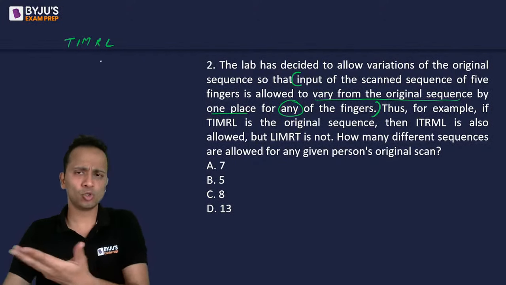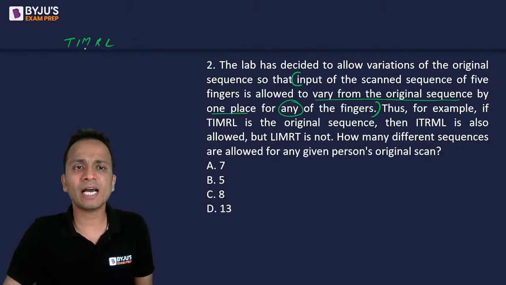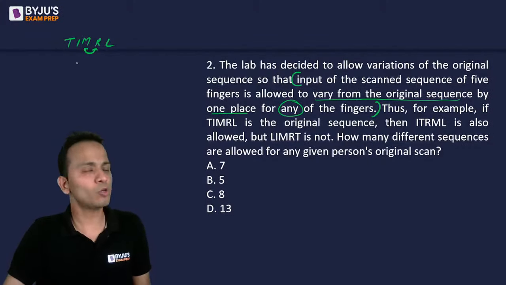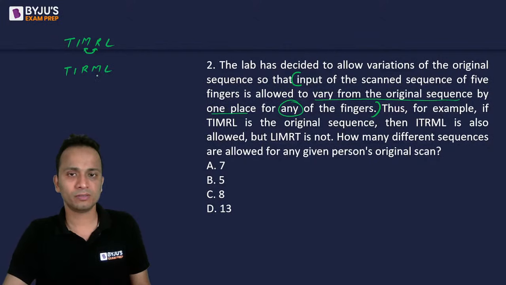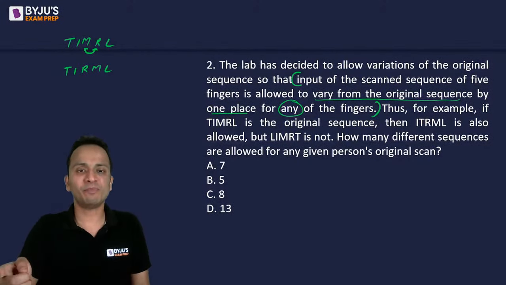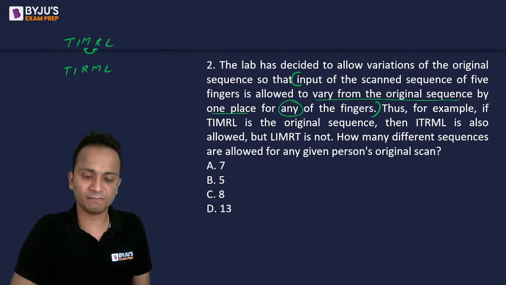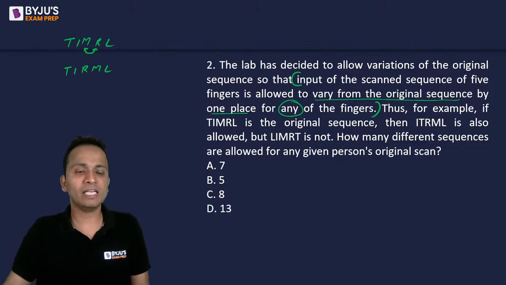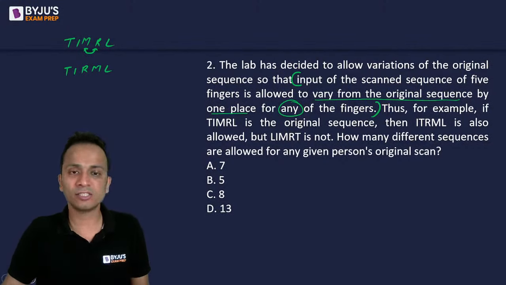So let's say, don't look at the question now. Let's say I'll interchange these two. So I can interchange these two. So TIRML is allowed. Okay, this is allowed. So कोई भी अपने इमीडिएट लेफ्ट पे जा सकती है और इमीडिएट राइट पे जा सकती है. Okay, so Angela and Sonali have given answers option C. All right.